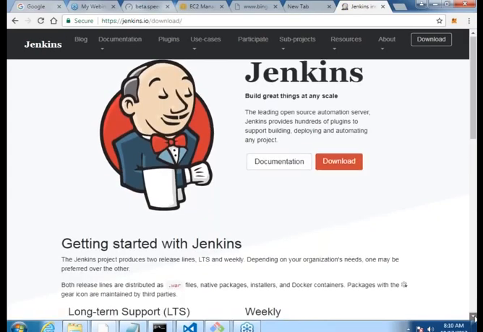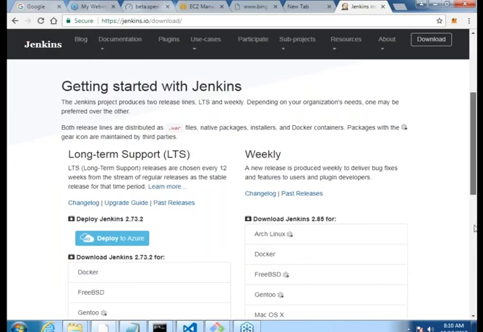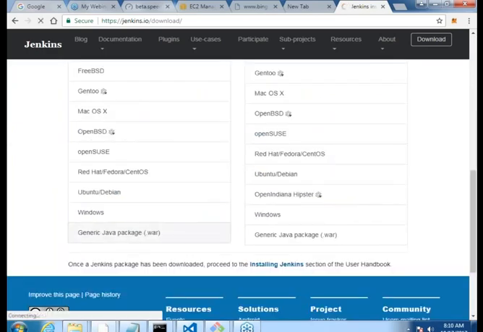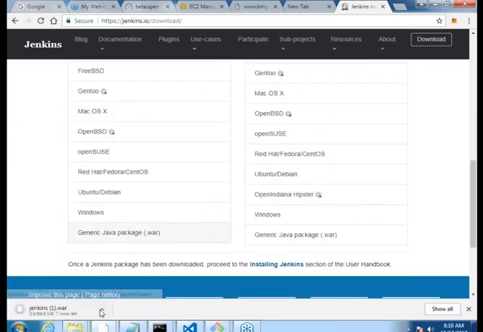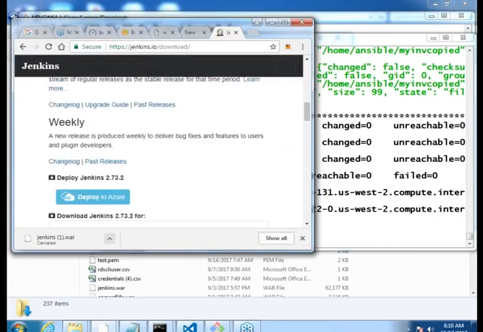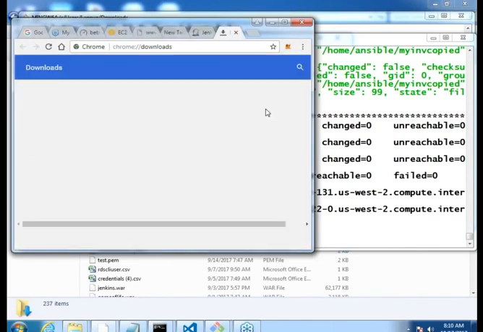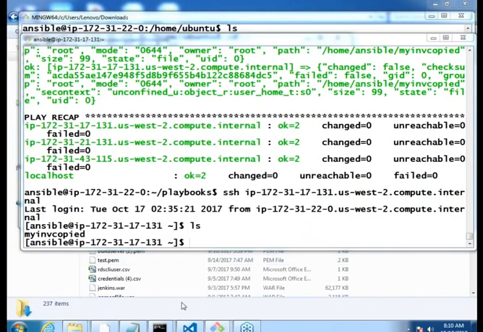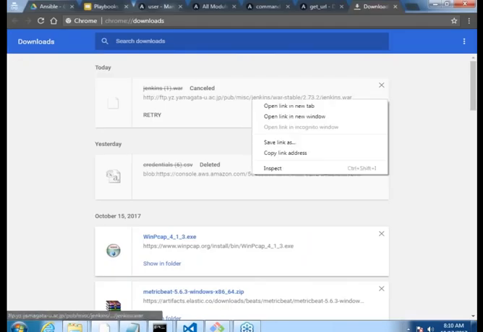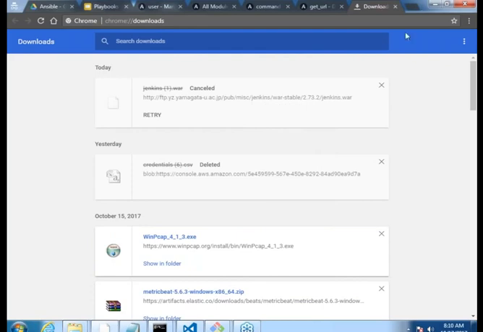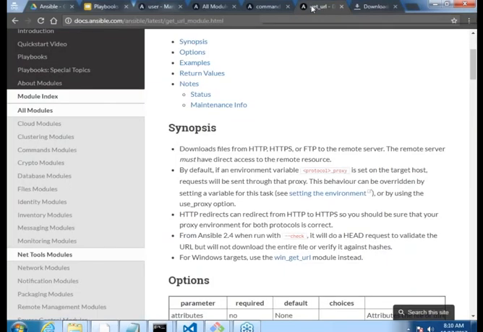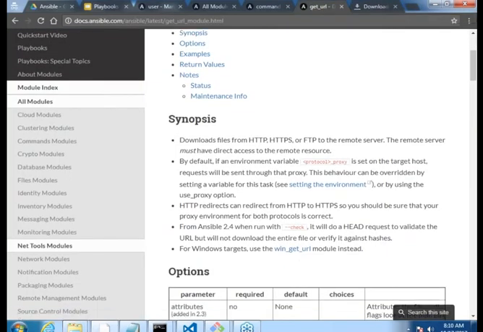Whenever you come over here, I want to download a war package. So let me go to the history. For me, this is the easiest way to find out and copy the locations. Copy link address. Done. So now what is it that we have to do? Let us look into it. I want to download this file onto a certain folder of my node.